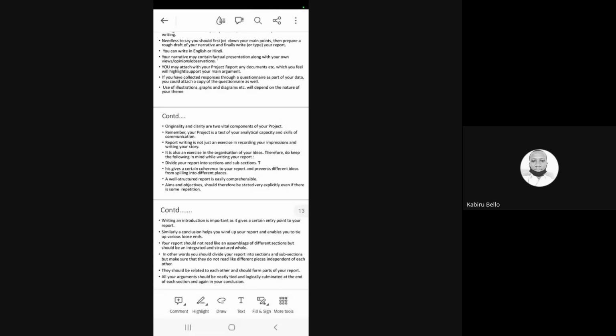First should be your introduction, then it should be literature review, because when you go through various literature review you will find out the gap. Gap means what is the lacunae.